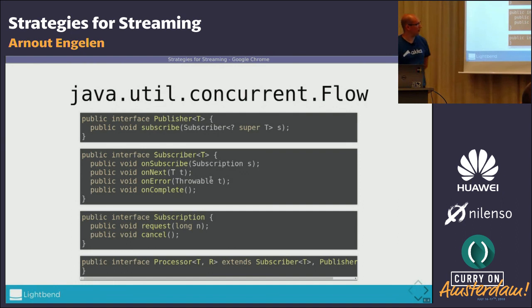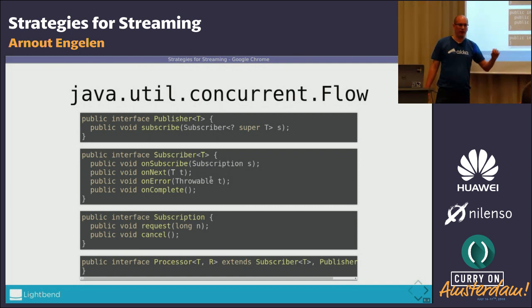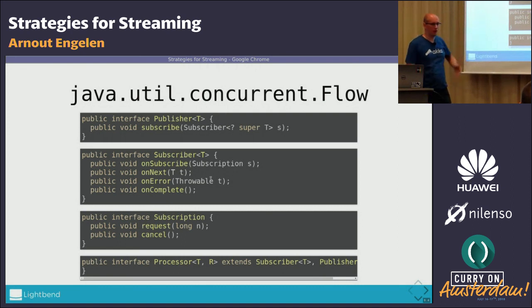was these 4 interfaces. And as you can see in the subscription, this request basically corresponds to the I'm ready, the downstream telling the upstream, I'm ready for more data. So this is an asynchronous call which just tells the upstream I'm ready for more, but does not do anything on that same thread. So the rest of this is some extra things to make error handling and detecting when the stream is done possible.